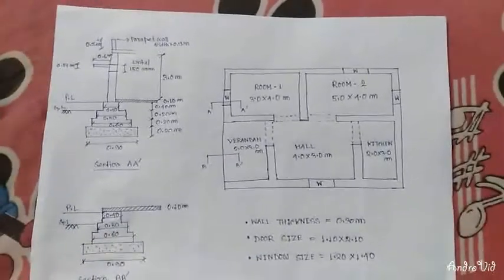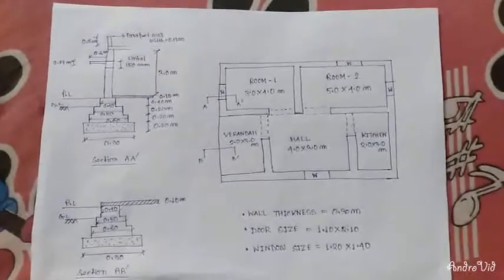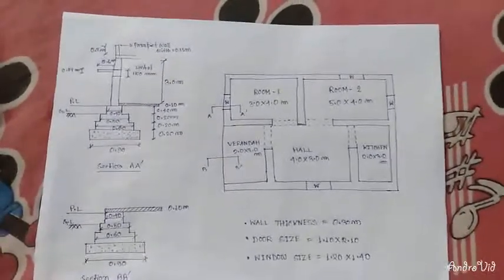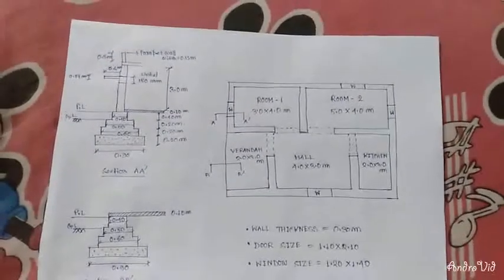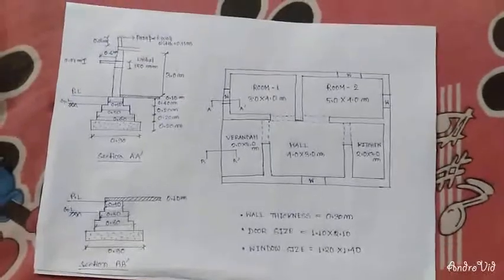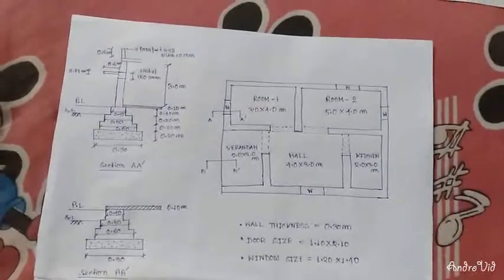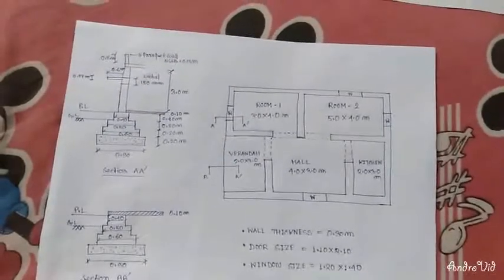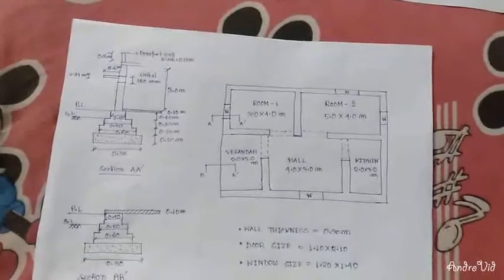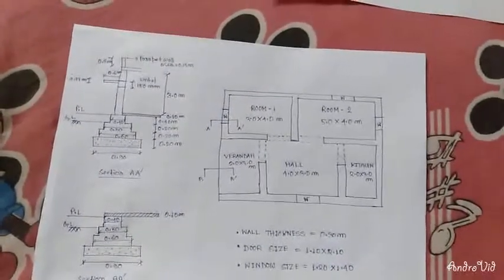Today my topic is estimation for a 2 BHK house by the center line method. Already I have made one video on this center line method, but that plan was only for 2 rooms. Today I am going to explain the center line method for a plan that contains 2 rooms, a hall, one kitchen and one side opened veranda. In this video, I have included more items, from foundation to parapet level.